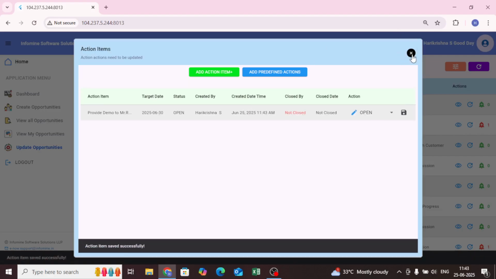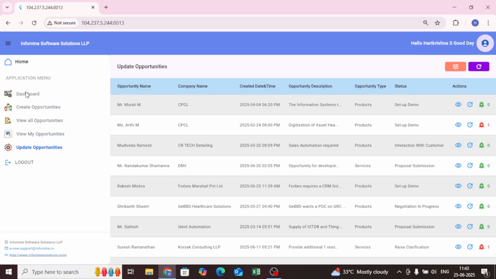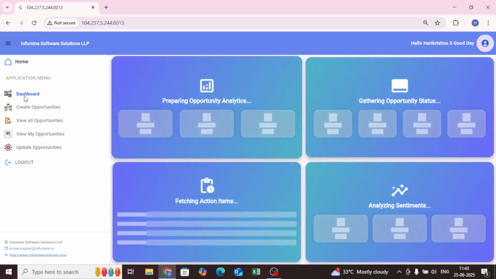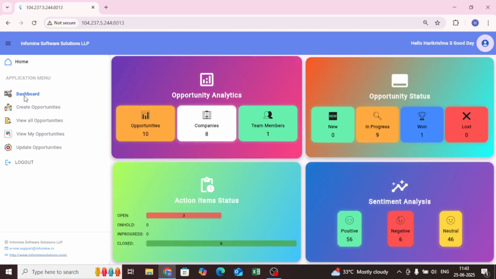Right. So once this is done, you can also see the dashboard for opportunities. It's slightly different. So what you saw in sales was more about the lead and nurturing them. And here it is more on the actual opportunities which are there with you. You can see the opportunity analytics, how many opportunities are there, with how many companies, right? And then what is the status of each opportunity, how much has been won, lost, and in progress, how much